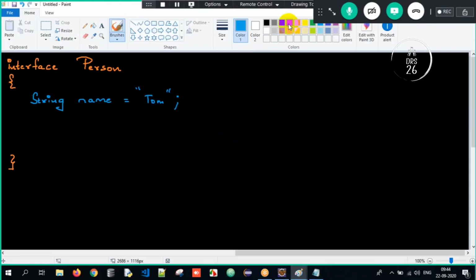So now this variable is defined in an interface called Person. So automatically this variable will behave as public, static and final.